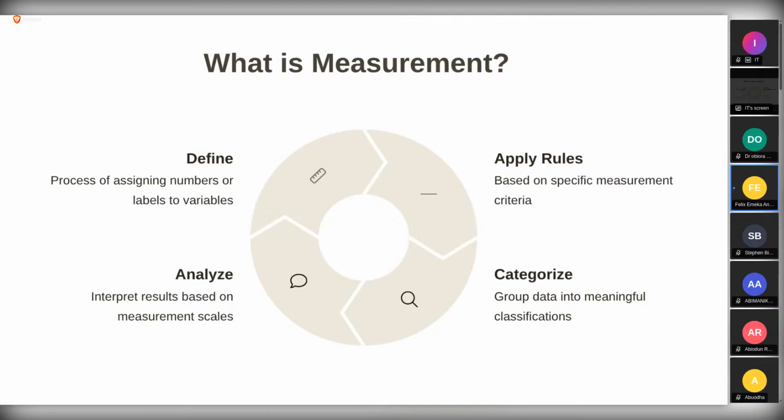Because analysis is more like a summary of all the responses. So if you don't define your variables very well, in terms of how you're categorizing them, in terms of the type of numbering you're using, which I will show you as we go, when you analyze them, you may not be able to get the result that you want.